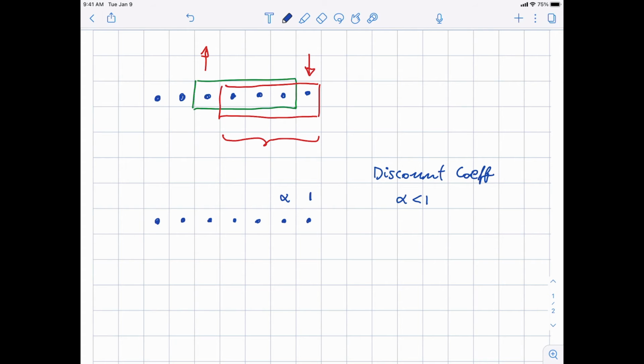The one 2 steps in the past is only worth alpha squared, then alpha cubed, alpha to the 4th, and so on and so forth. These coefficients are the weights of the data, and I can do a weighted average rather than a normal average.